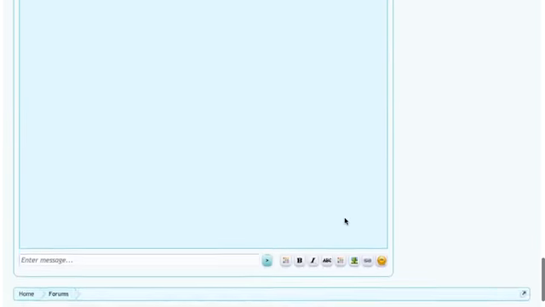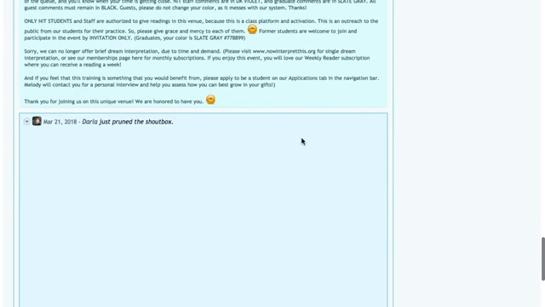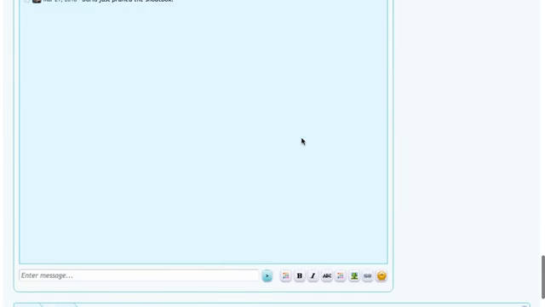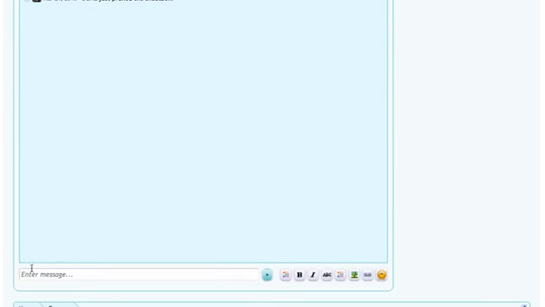This is where the event happens. Now, it's been pruned, so there's nothing there at the moment, but here's where we'll be talking. And you won't see this box until the event is open. So if you get online and you're logged in, and it's 15 till or 10 till or whatever, and you can't see the chat box, don't worry, it's just not open yet.